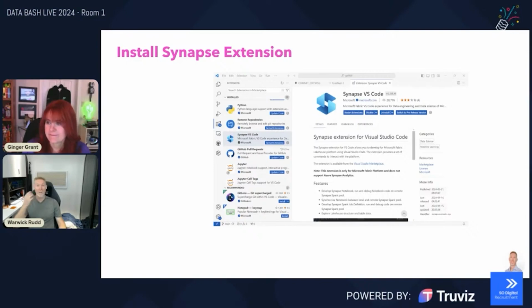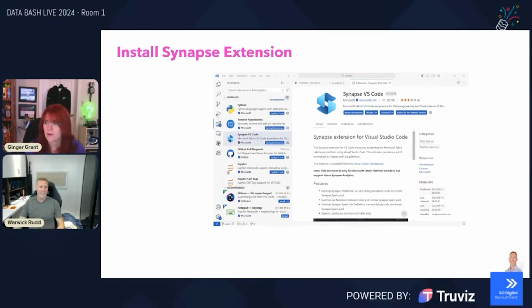And then lastly, inside of VS Code, one of the beauties about VS Code is that you get to pick and choose what you want to do. And we do that with extensions. And so for you to be able to work inside of VS Code, we need to go and install the Synapse extension. Now, for those of you who may not have used this before, the beauty of it is, especially if you're in a really tightly locked down secure environment, you can provide these extensions to your security team. They can review it, say this is all okay, and make it available for you to then grab that VSIX file and install that into your environment, and away you go.